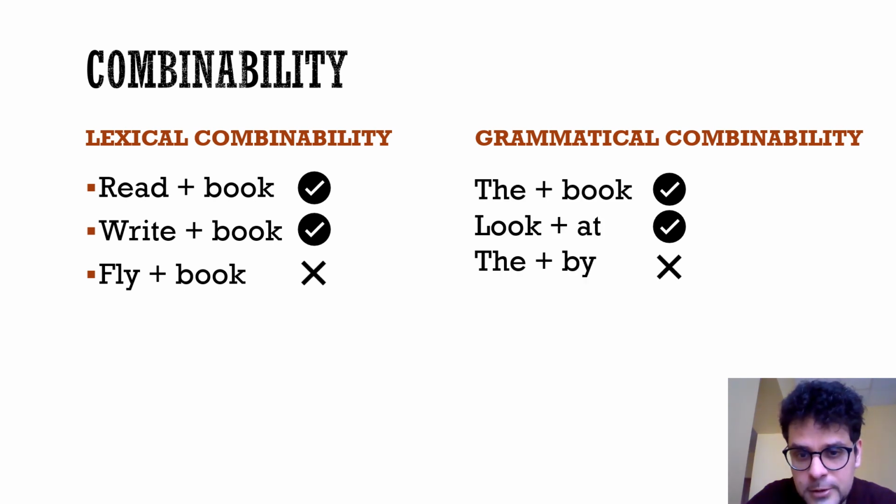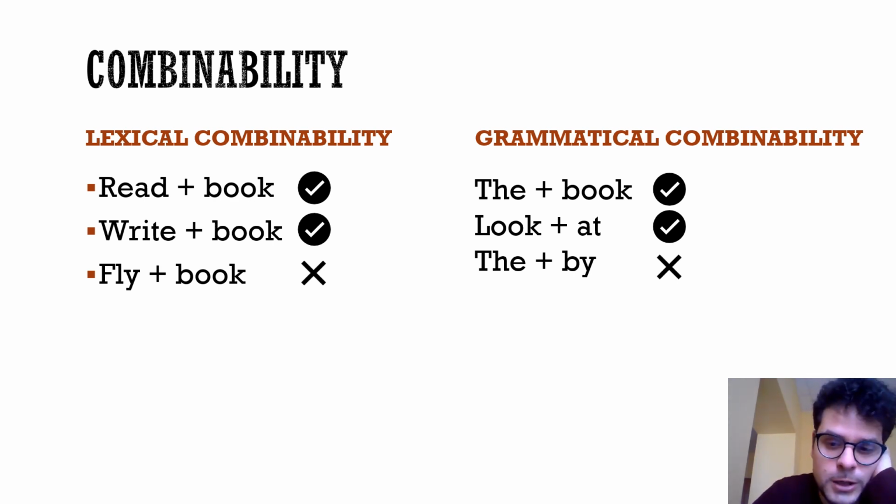When it comes to grammatical combinability, however, it is much more conventional. We know that the correct sequence in English is to have determiner plus noun. We can't really have book the, so that's the combination that works, or to look at. So of course we need to learn to look at, to pick up, and so on, as if they were actually lexical units in their own right. Of course they are formed of two orthographic words. You remember when we were discussing the definition of words at the beginning of the course. However, they really work like one unit.